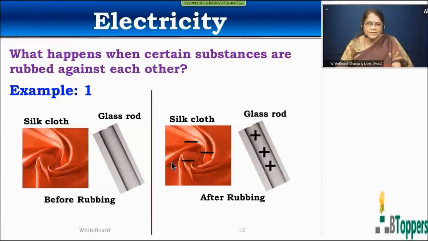We cannot see any charges on any body actually, but when the bodies are charged, they are charged with positive and negative charges. So after rubbing, the silk cloth has negative charges and the glass rod has positive charges. Let us see another example also,